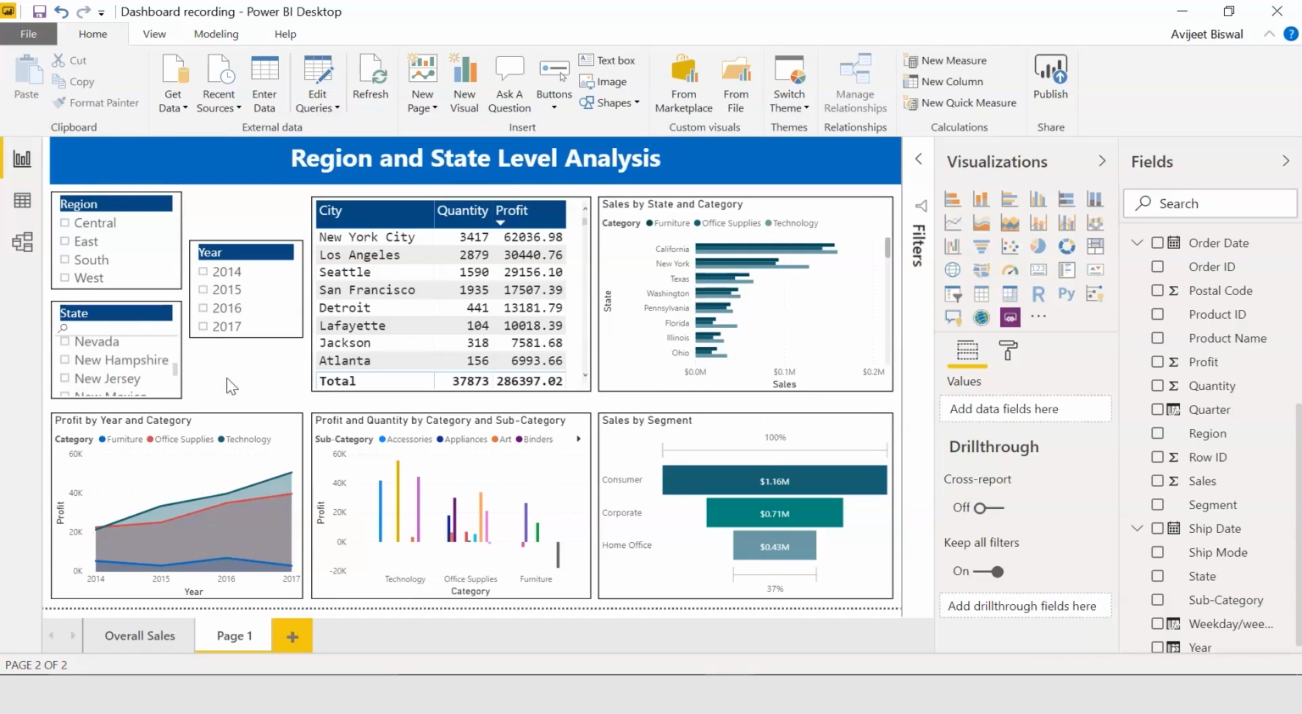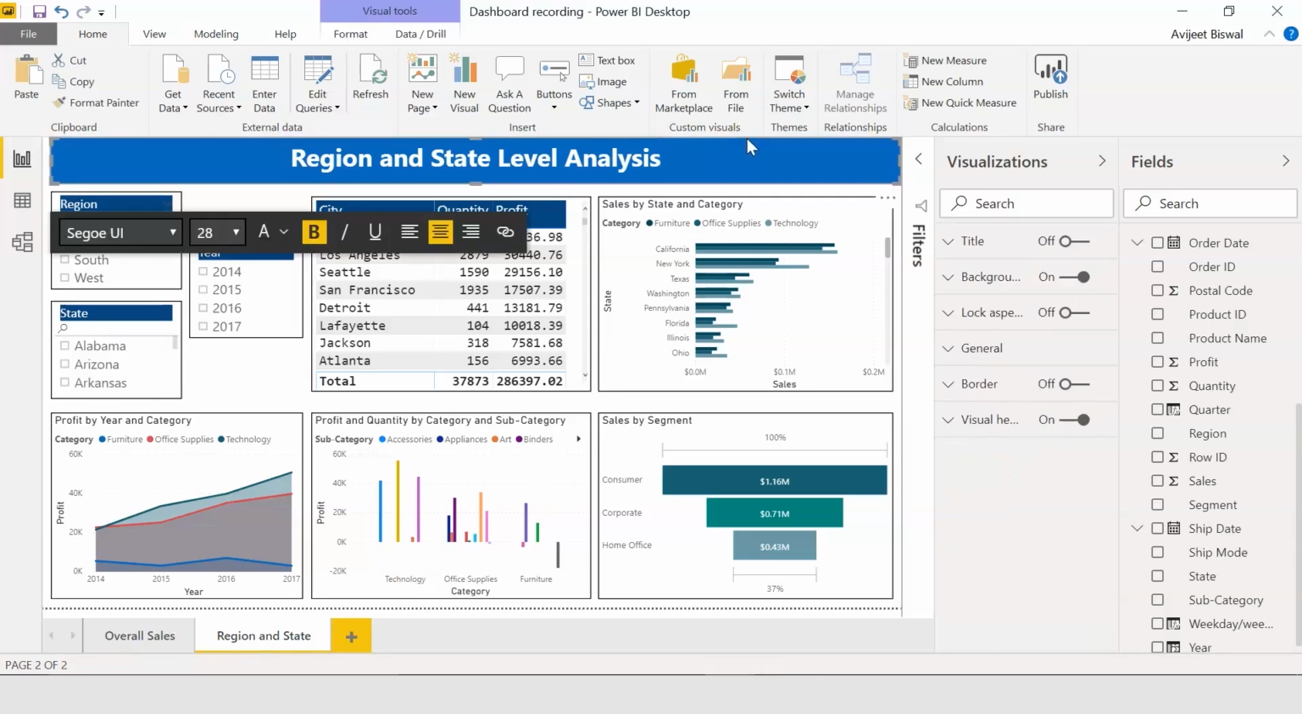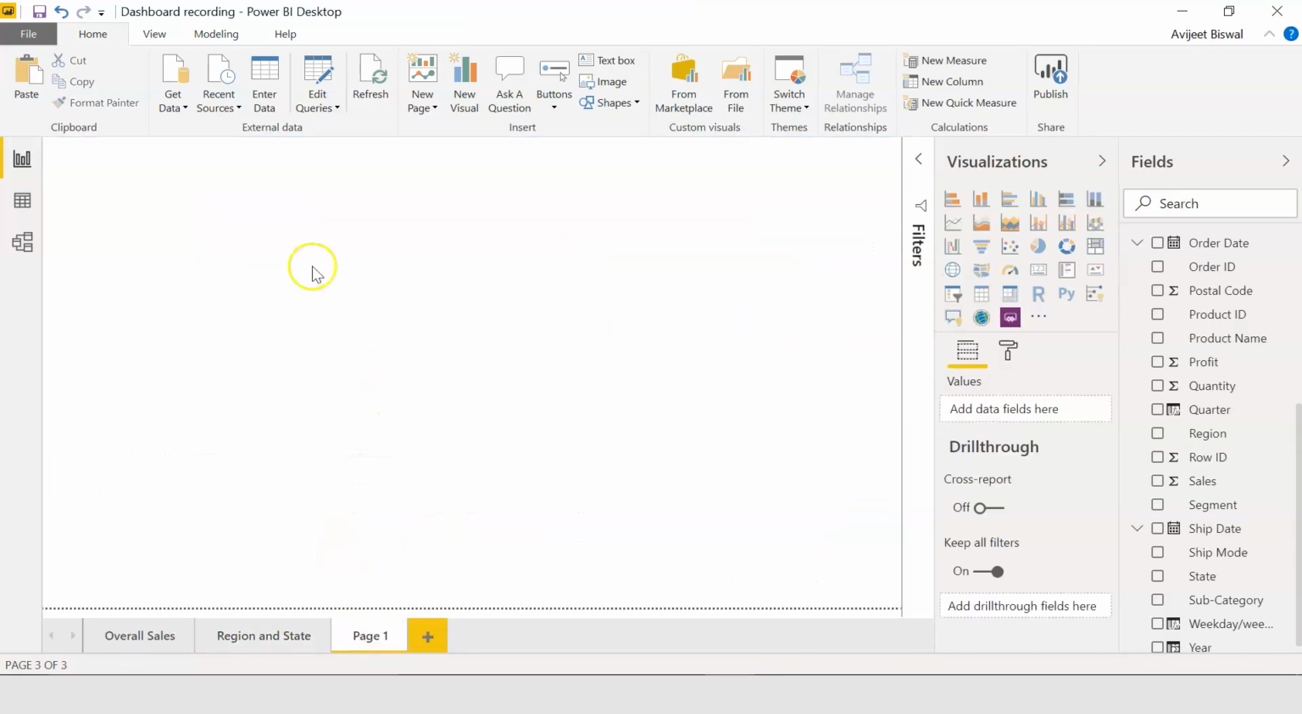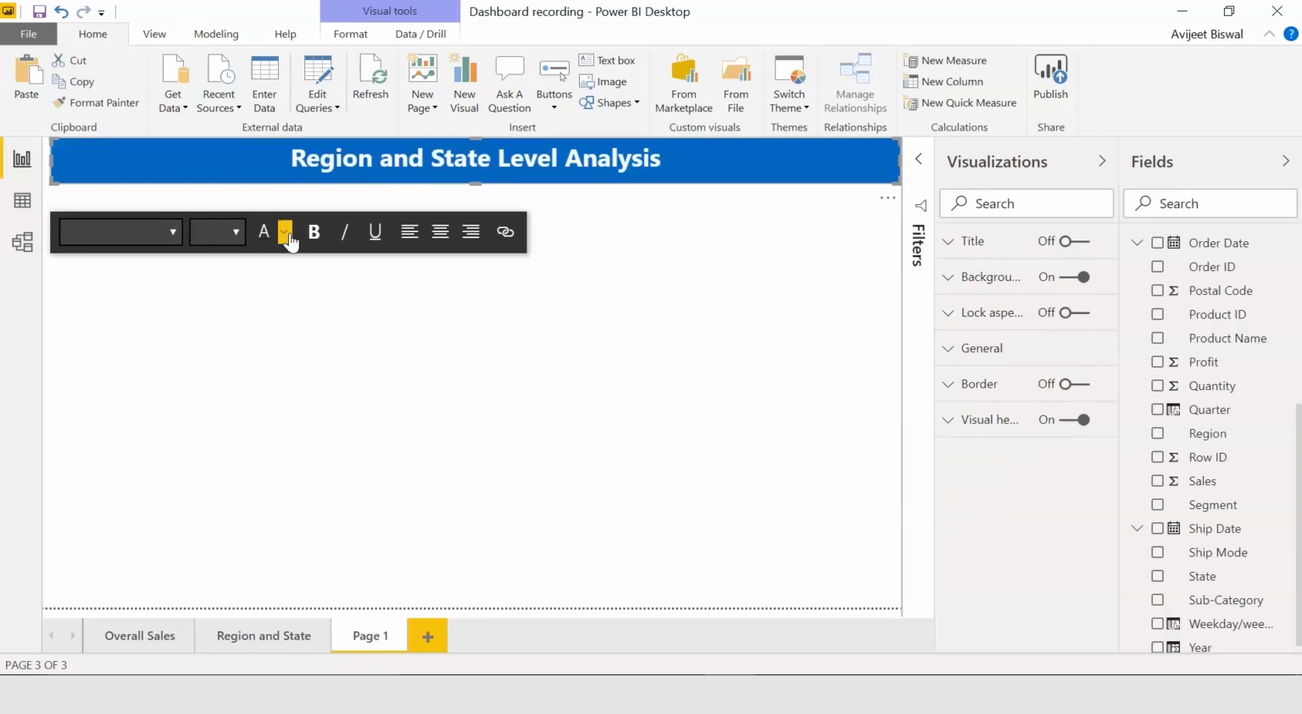So our second report is ready where we analyzed the sales, quantity, profit at region level, state level and by year. So I can rename this as region and state. Next, we will analyze the sales, quantity, profit in terms of categories and subcategory of products. So let me first copy this text box and create a new tab. I'll paste that text box here and change the title to